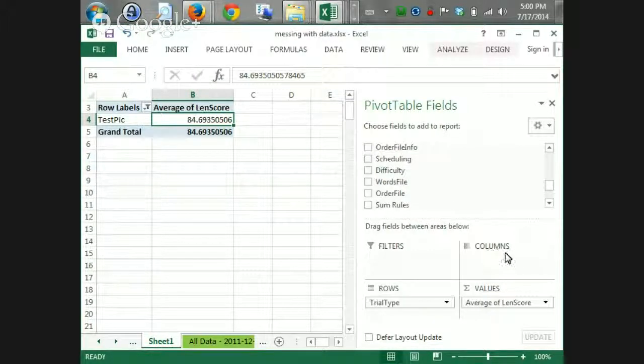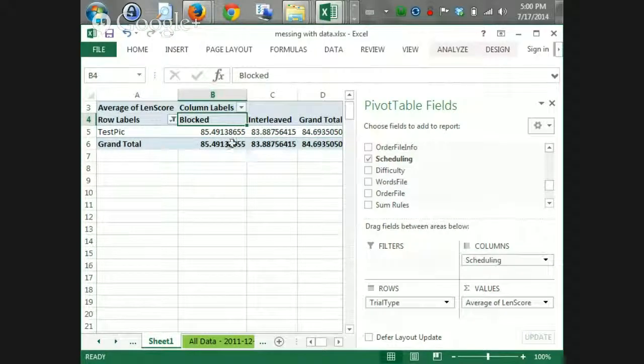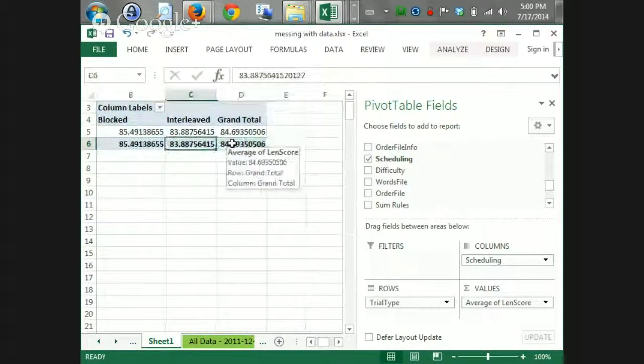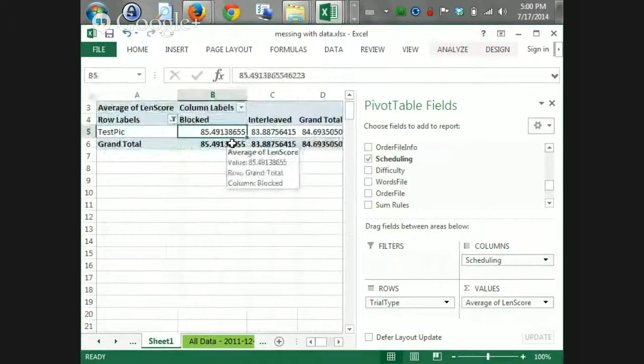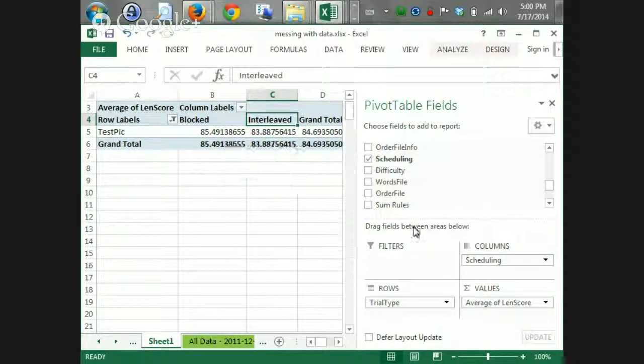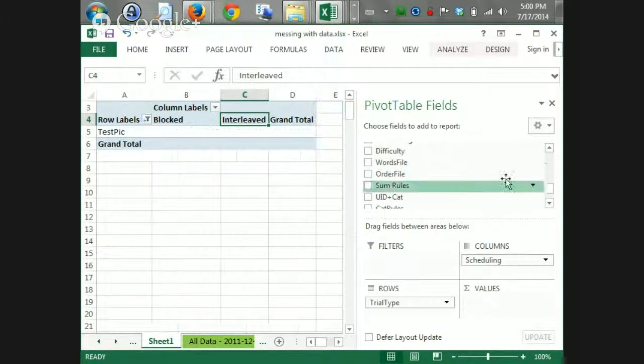So I'll do scheduling. So scheduling is a column that had some values, so I made this column so I can use it. So now it broke down my data. So for all the test pick trials, it's saying show me blocked. So every line that had blocked in it, show me the average for those. Every line that had interleaved, show me those. I can do stuff like, okay, well, how long did it take them on each of those? So I can drag that out and say,